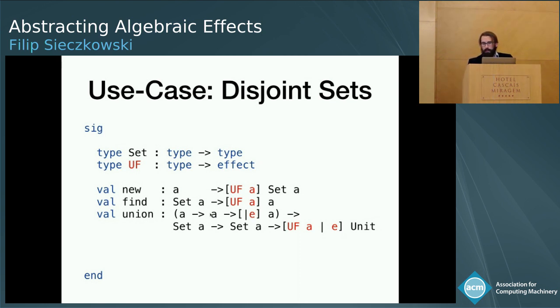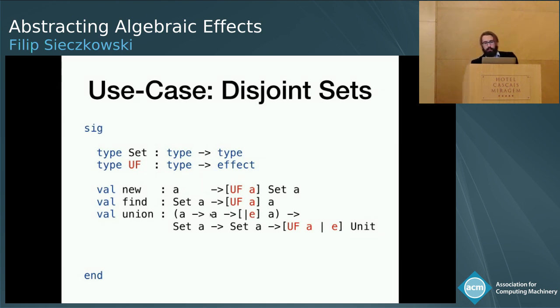So this would be quite a nice specification, but sadly it would not be particularly useful. We would be able to write programs that do a union find effect, but we would never be able to get rid of it. And we do want to get rid of it. In particular, if we wanted to implement, I don't know, a unification algorithm, we would want to give a pure interface to the unification. After all, the unification problem as such is not effectful by itself.